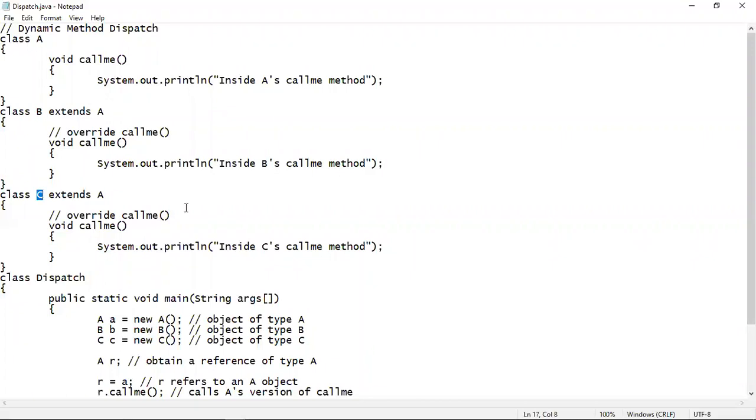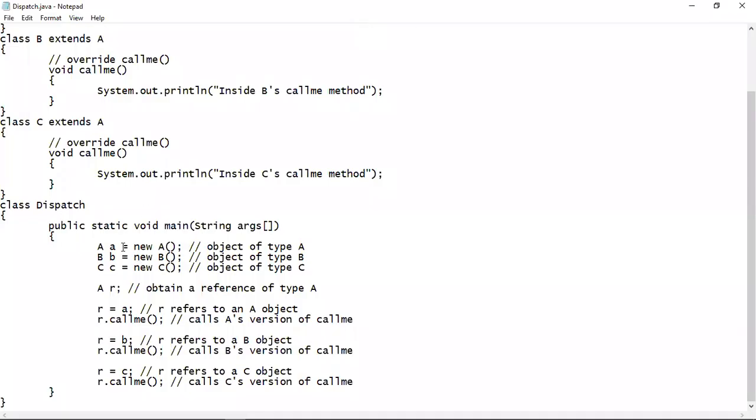B inherits A, C also inherits A. So for both the subclasses, method overriding is taking place. This callme will override this callme, and this callme will also override this callme.